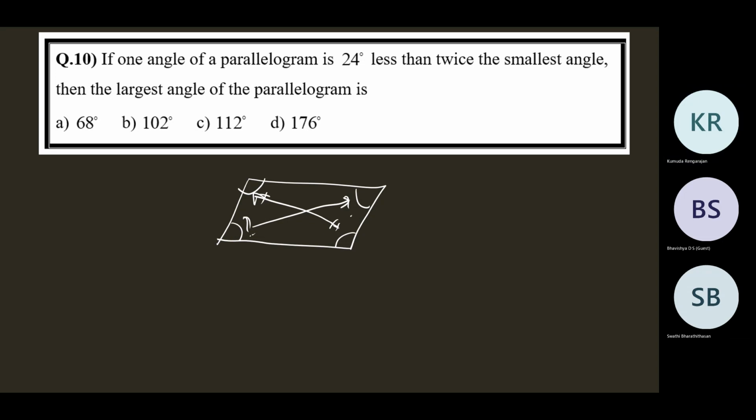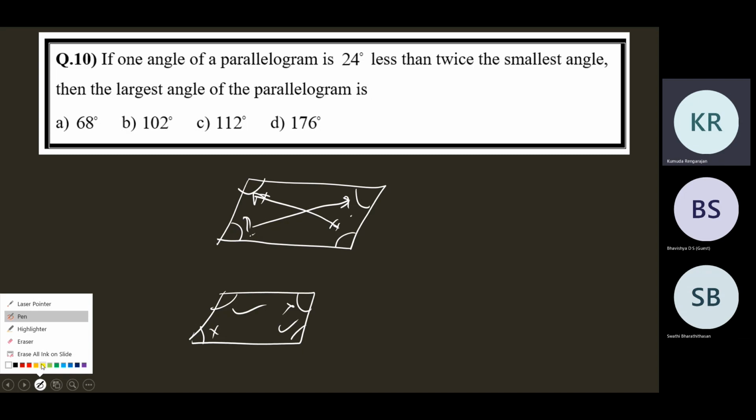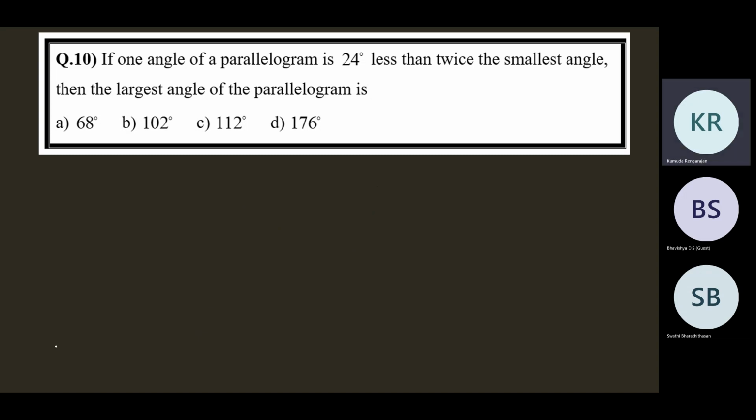So basically, there are four angles, but the measures are only two different angles, because in a parallelogram, opposite angles are equal. Whatever angle is here, the same is here. So one angle of a parallelogram is 24 less than twice the smallest angle. They are talking about the two adjacent angles, because opposite angles will be equal. So if one angle is x, the other angle is 2x minus 24, because it's 24 less than twice the